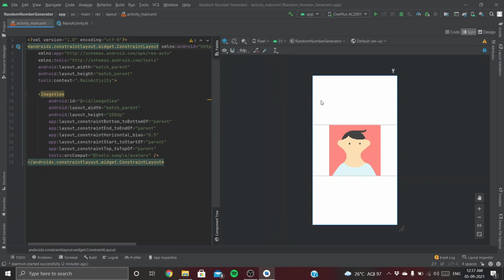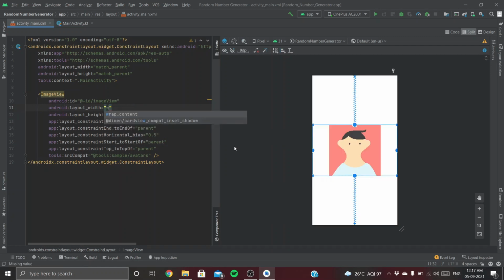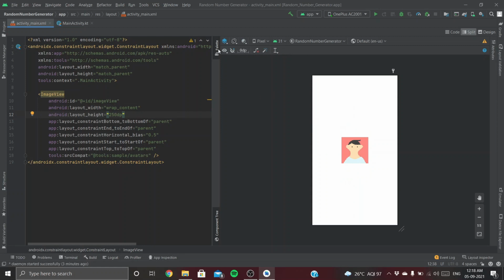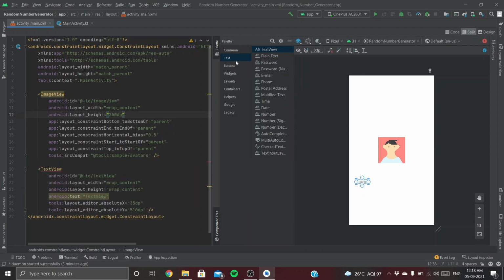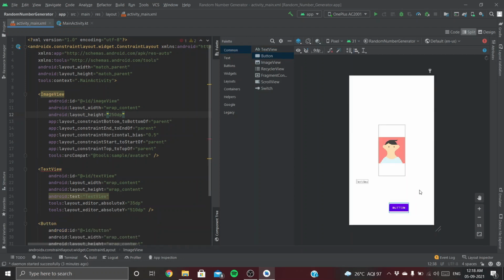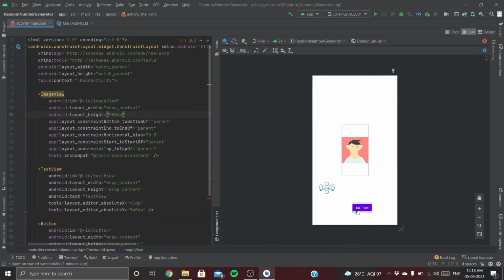As you can see, the parent layout is this entire screen, and the width also matches the parent. We'll leave this as wrap content. Now let's add a text view and a button. Done. Cool, text view and button are added. Now let's add constraints to both of them.